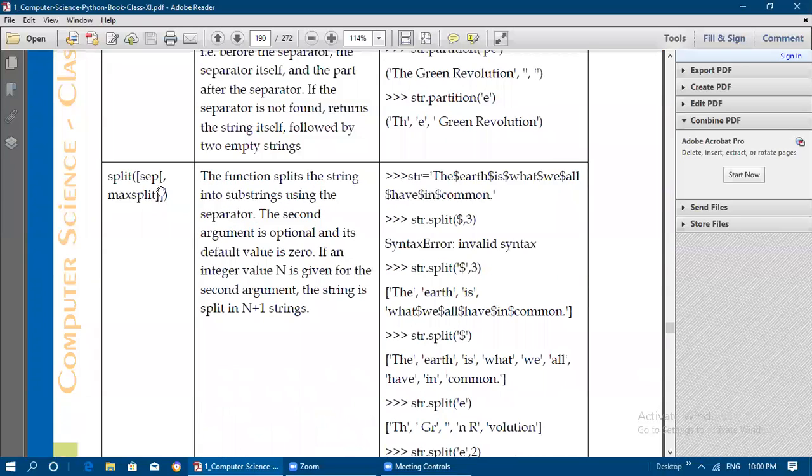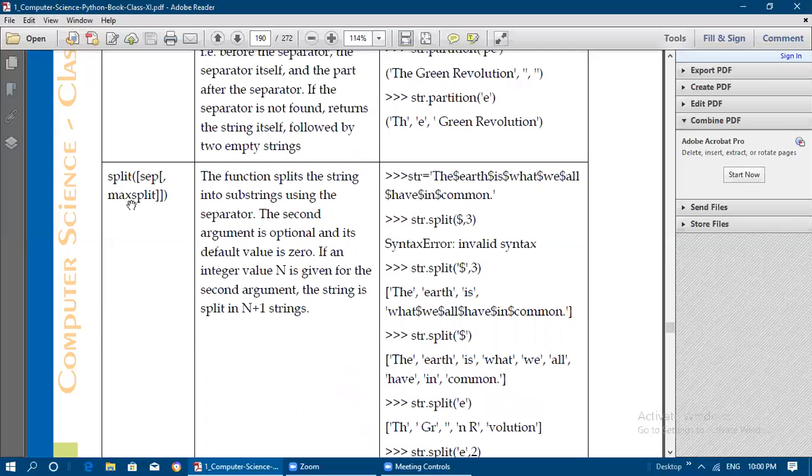Okay, and next is split. The split function splits a string into substrings using a separator. The separator is the first argument we are giving here. Where that separator is available, the string before it will be one part and after it will be another part.